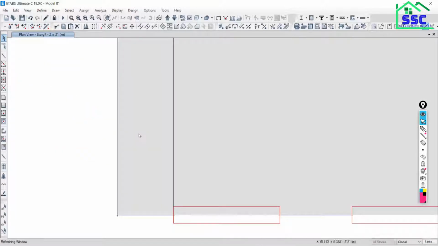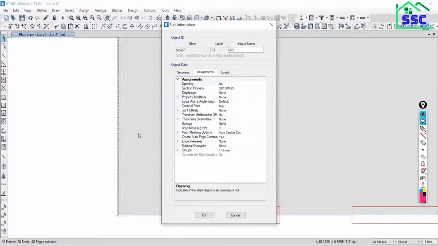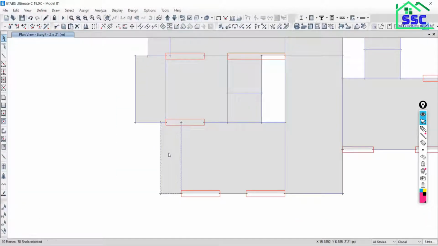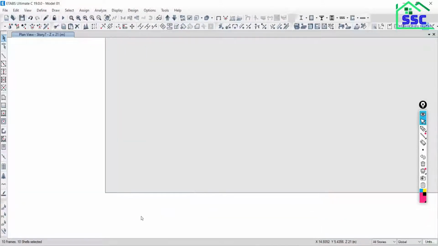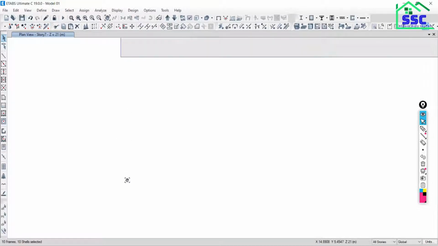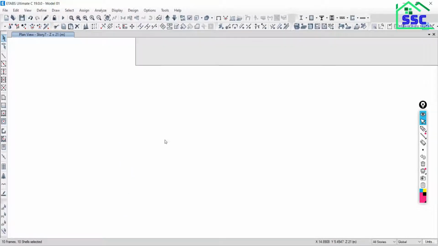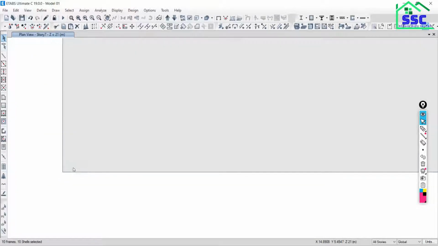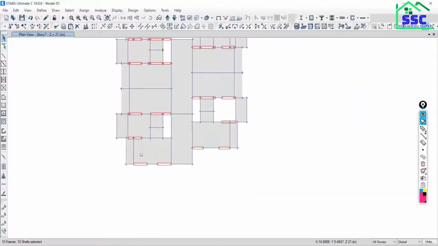Yeah, this should be the slab, 73. Where is the problem?